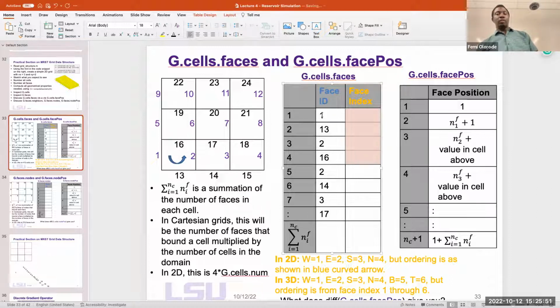That numbering is different from what was used here. Here we went this way, right? 1, 13, 2, 6, anti-clockwise. So you will see that this is not going to be 1 through 4 because of that reason. So